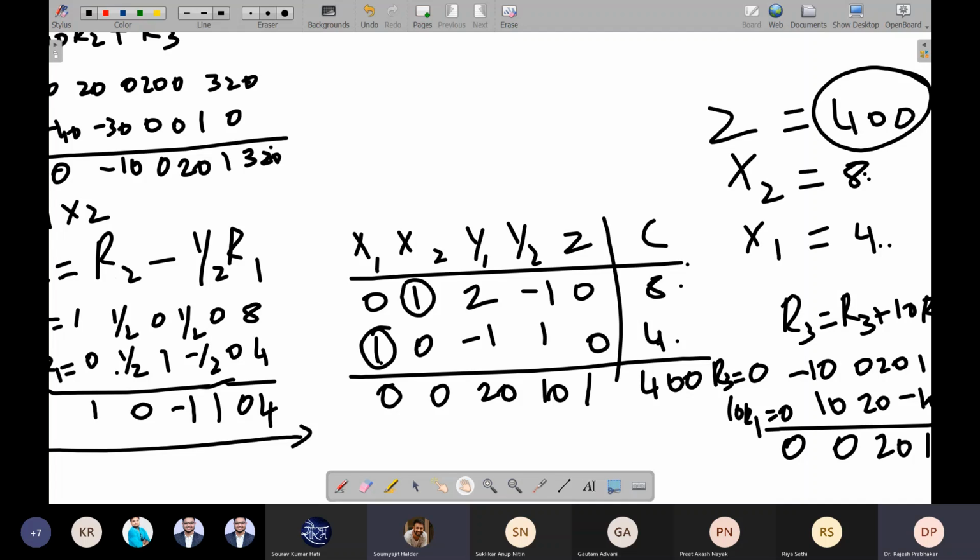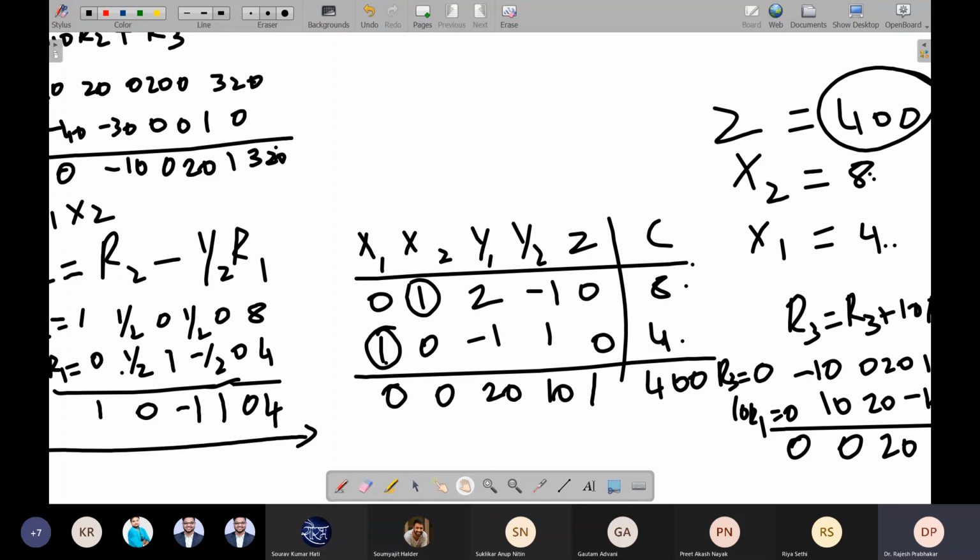So whichever element has 1, we have to multiply with that. That will be your value. So here X2 has 1, so this will become 8. Here X1 has 1, this will become 4. These are slack variables, notional values. We don't have any values for these. We only look for X1, X2 values. So X2 has 1 here, this will become 8. X1 has 1 here, this will become 4.